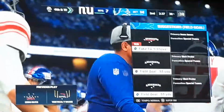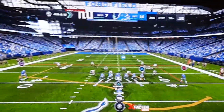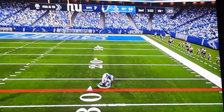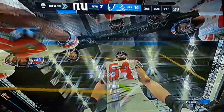And we are not gonna do a 55-yard field goal. I'm just gonna say this right now. I'm gonna do a 4th and 10. I'm gonna do a 4th down conversion, and I'm gonna pass it to Marvin Jones. We do get a first down, 2 touchdowns, 1 INT for